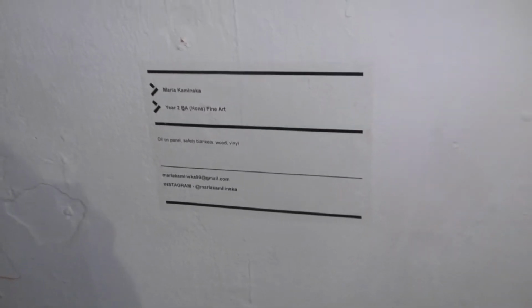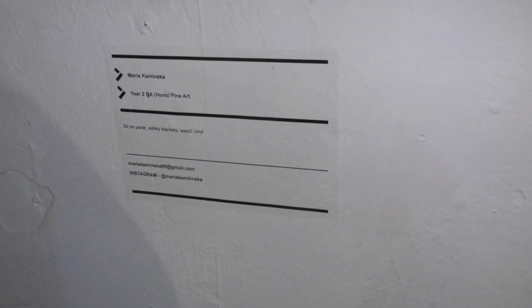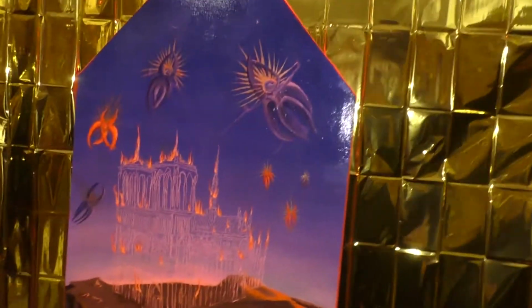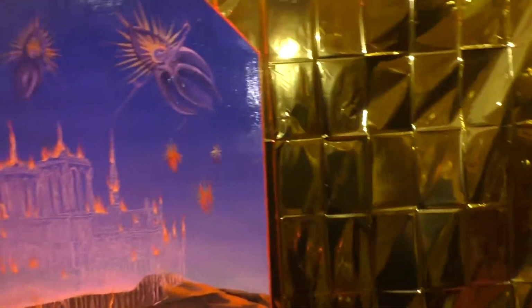The next piece is from her, Mania, but it's not quite working fully today. But you come into here, and there should be some music. And you have this painting on the wall, and then you're surrounded in this silver mesh. And there's a nice echo effect of this lovely floor. So if we go back out,